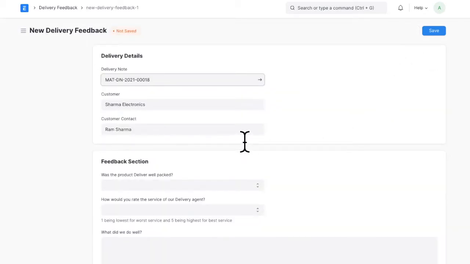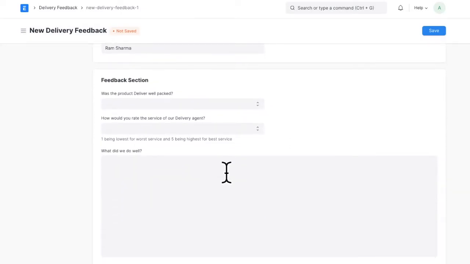The form is pretty simple. Delivery details specifically says that this section is related to delivery details. If I enter the delivery note, it will fetch the customer and the customer contact automatically, and the feedback section will be the input part where the customer will provide their feedback.